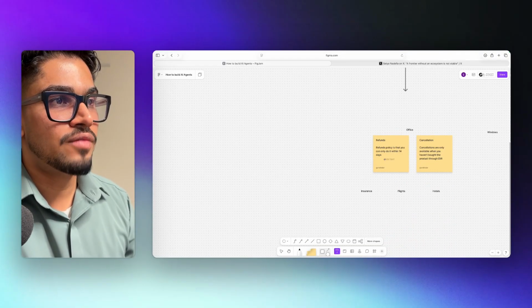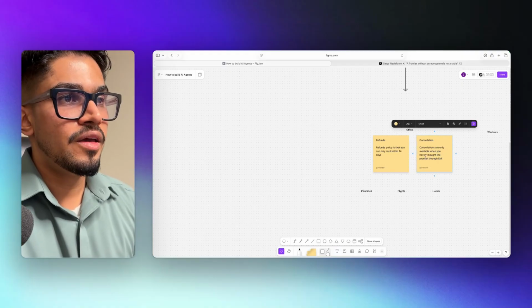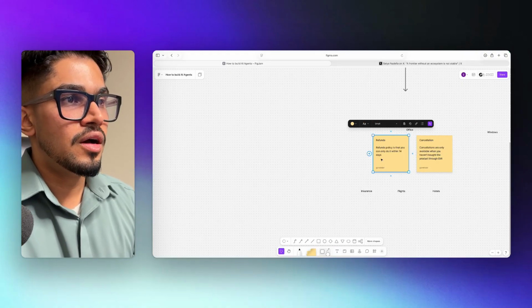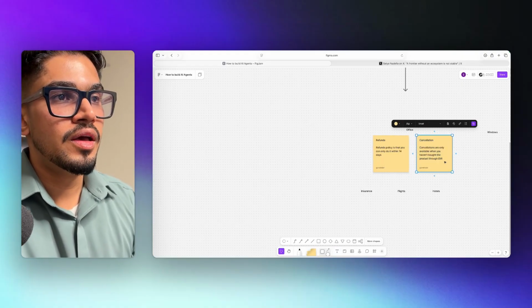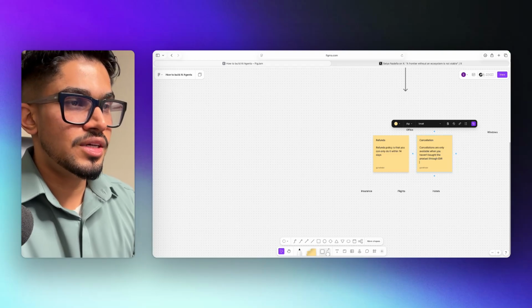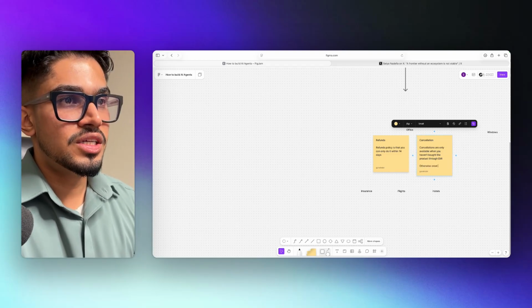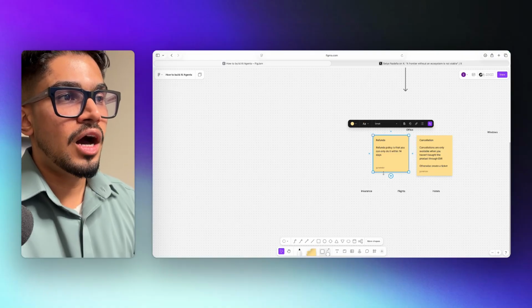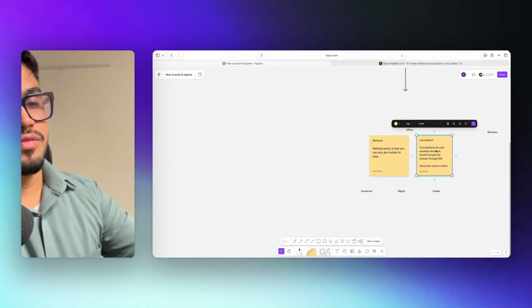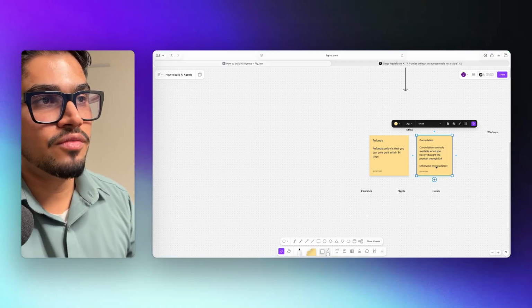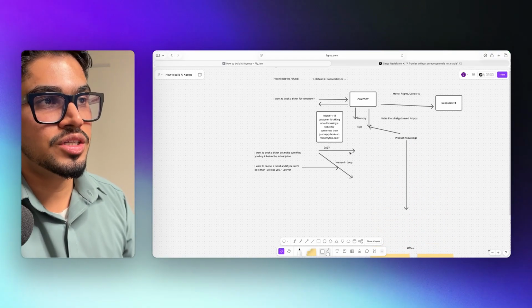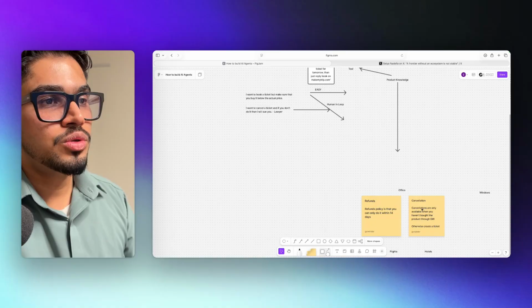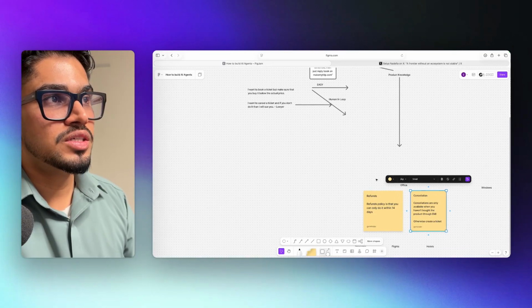So let's say over here, I would say, otherwise create a ticket, right? That is one of the things that I talk about: I would want the LLM to either reply to the customer if they have paid fully, or otherwise create a ticket. Now the create a ticket part is where the human in the loop